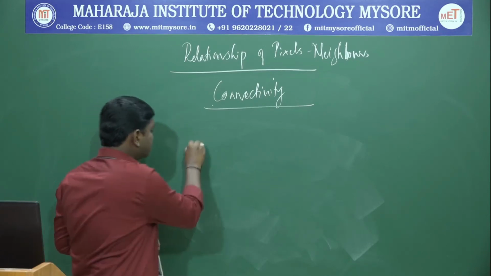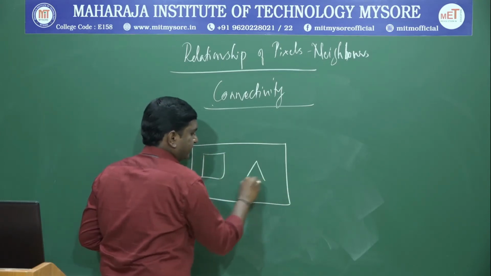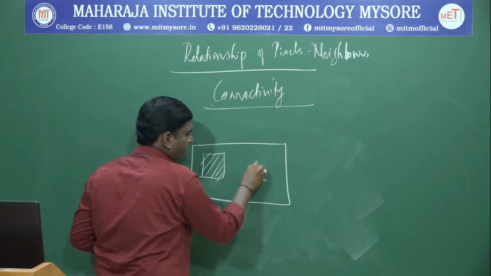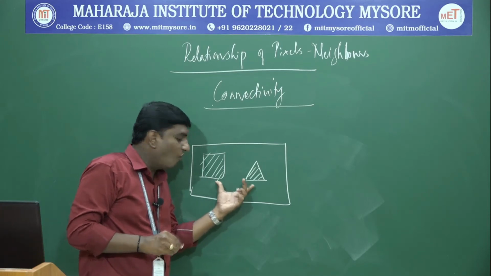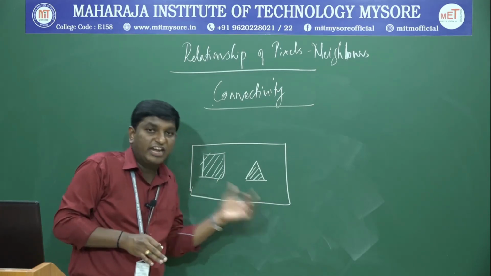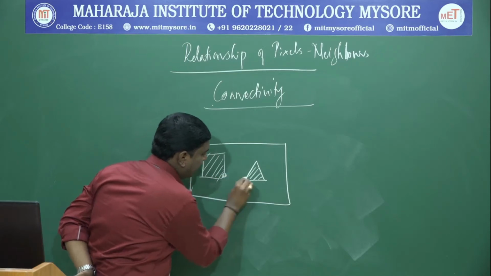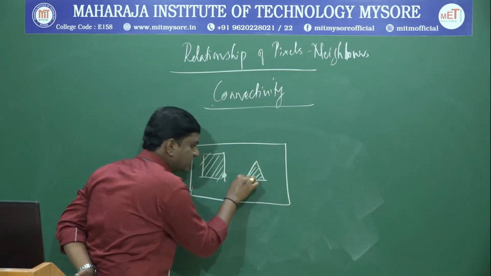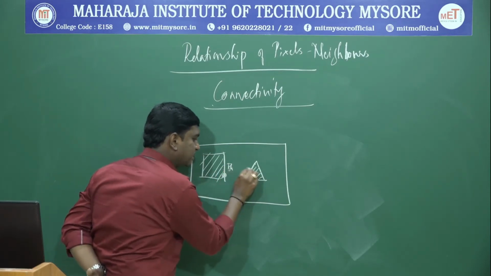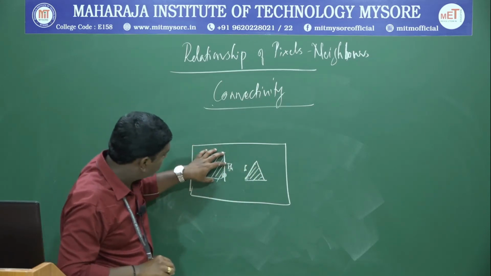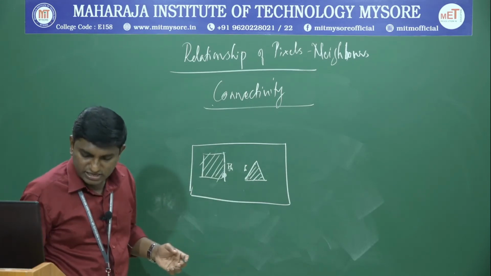Same thing I can do for such types of images where an image will have two objects. This is one set of object, this is another set of object. I can tell whether these two are overlapped on each other or whether they have been separated based on the concept of pixel neighbors. So I am going to take these pixels and these pixels, if I check, they are very far enough apart because this pixel's neighbor is black and this pixel's neighbor is also black. So the backgrounds of these are the same, but this and this do not get connected. In this way your pixel neighbors will help us.